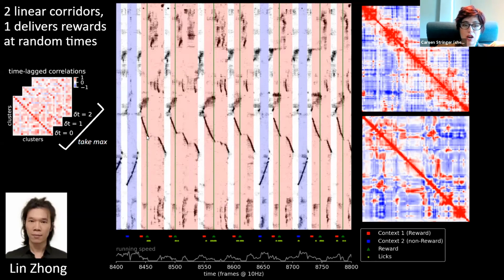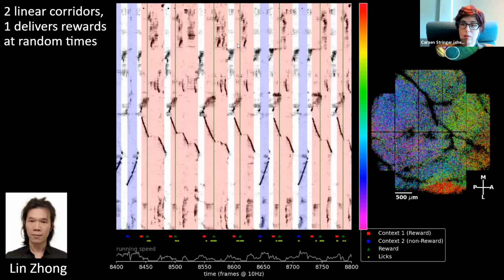You can see these stops here is when the visual flow stops because the mouse stops running. And so the mouse stops, in this case, it's licking for the reward and then starts running again. And in this case, again, the mouse stops, it licks, and then starts running again. And so you can see this across these different corridors. In the blue corridors that are unrewarded, you can see the mouse is just running nice and fast straight through because it learns that there's no reward in that corridor basically. And it doesn't lick often in that corridor. You can see that this green is the licking. Okay, so